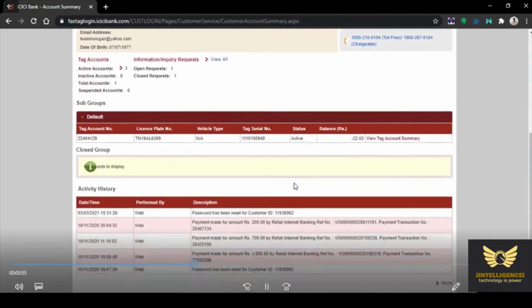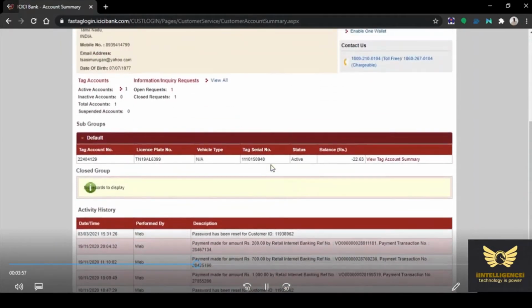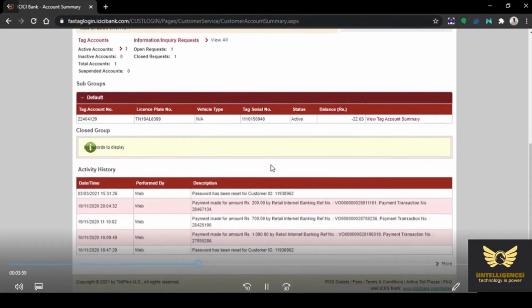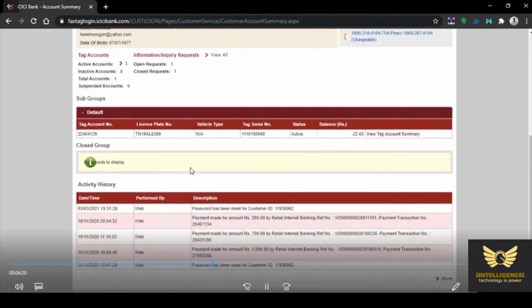Here is the contact information. Then these are the tag account number and license plate number, right? Then the tag serial number, status is active, balance is minus 22.63.